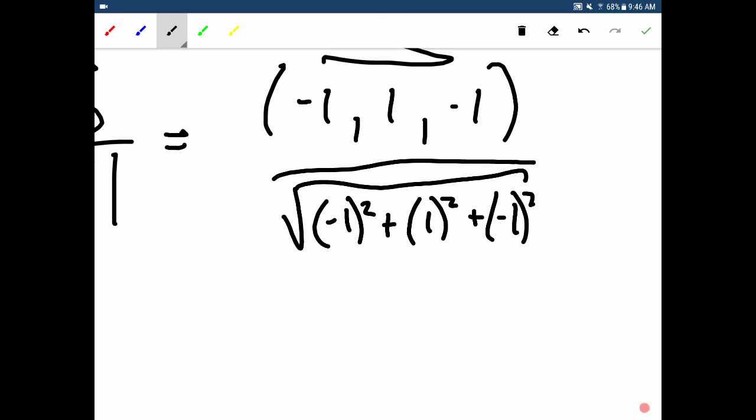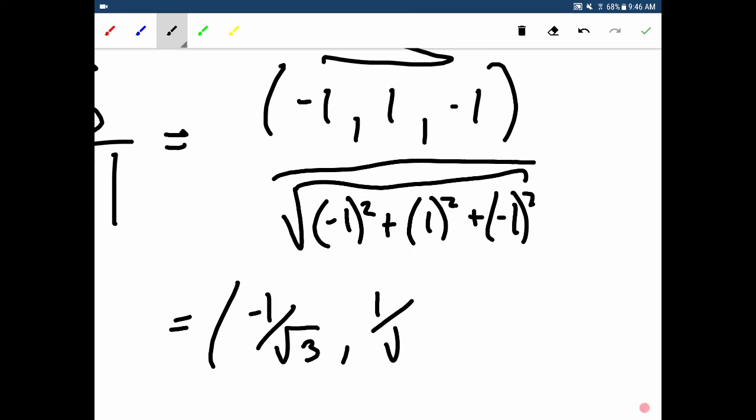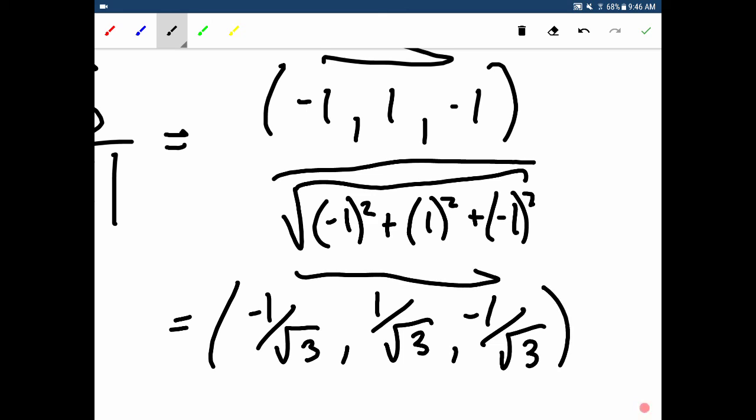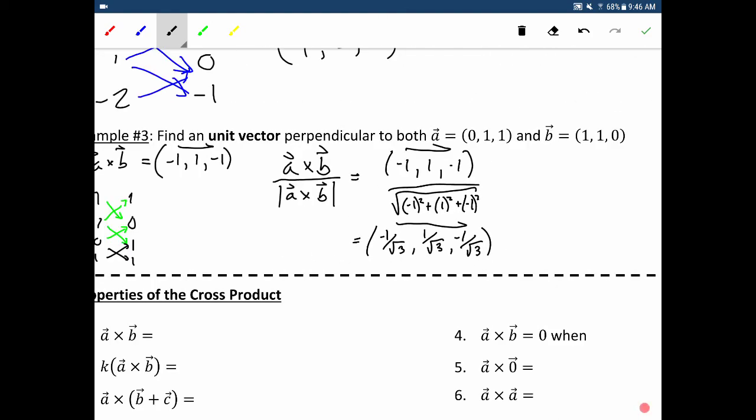Okay, just like that. And so what that's going to give us, obviously that's just going to be root 3, so we're going to have -1 over root 3, 1 over root 3, and -1 over root 3. Okay. So, that's basically it. Now we could rationalize that, but I'm not going to rationalize it because it doesn't really